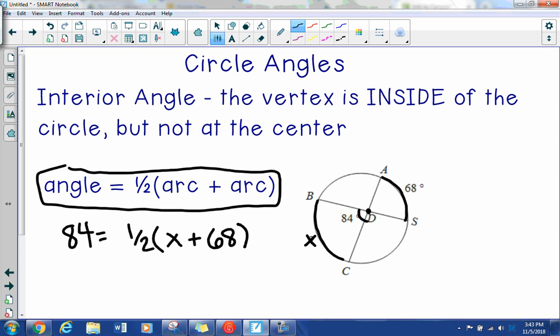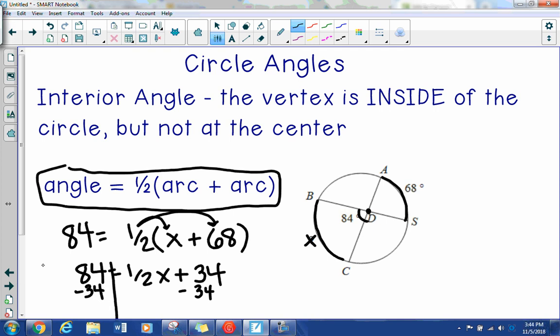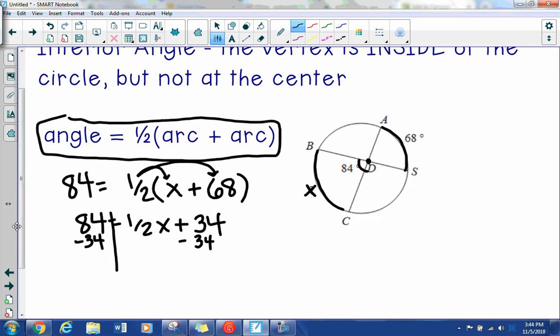And so that gives me this equation that I can solve. I would first distribute the 1/2 into these parentheses, and so I'd get that 84 is equal to 1/2 x plus 34, and then I would subtract the 34 from both sides because now I want to get this x by itself. And so I'd get that 50 is equal to 1/2